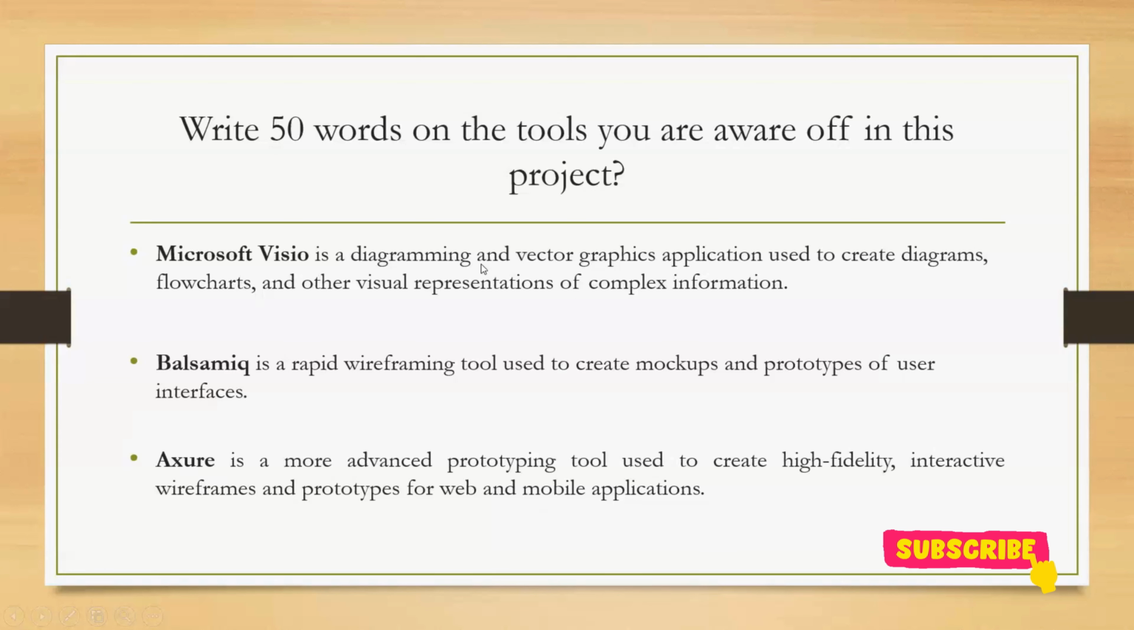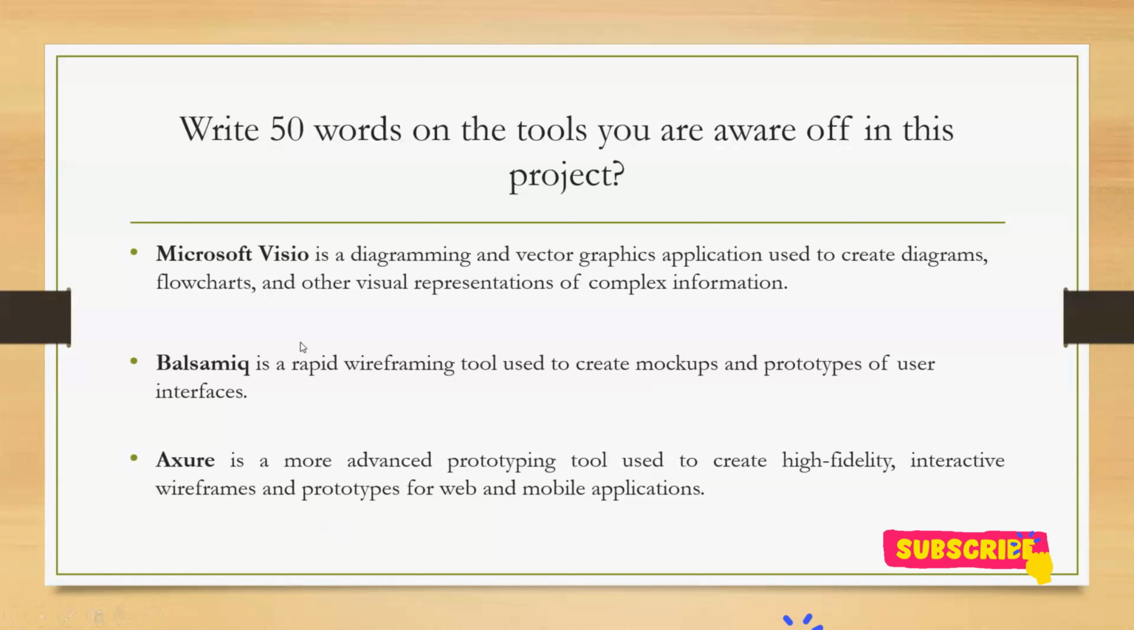So what is Visio? Visio is a diagramming and vector graphics application. Use it to create diagrams, flowcharts, and other visual representations of complex information. And what is Balsamiq? As we all know, Balsamiq is a rapid wireframing tool. It is used to create your mockups and prototypes of the user interfaces. And what is Axure? Axure is a more advanced prototyping tool used to create high fidelity interactive wireframes and prototypes for web and mobile